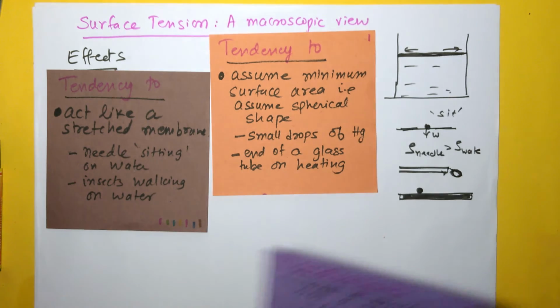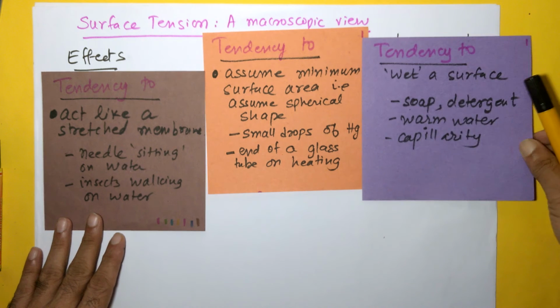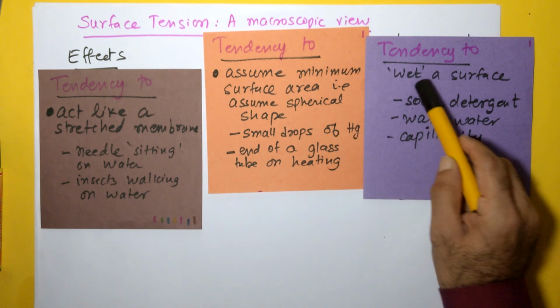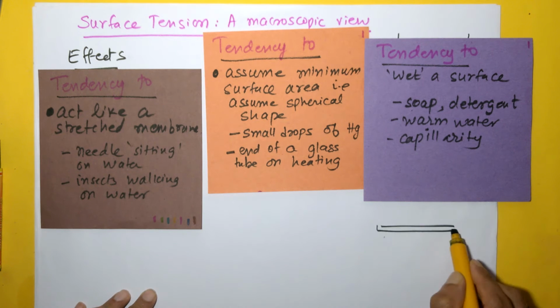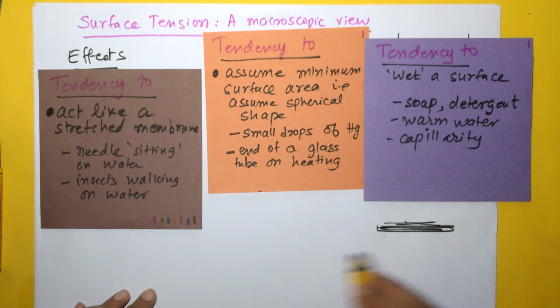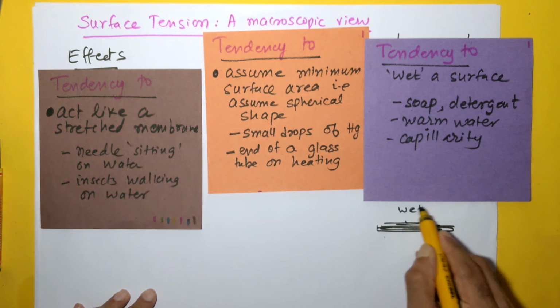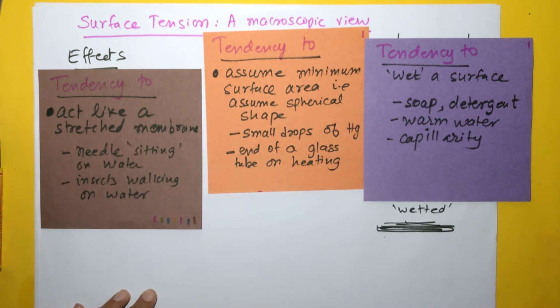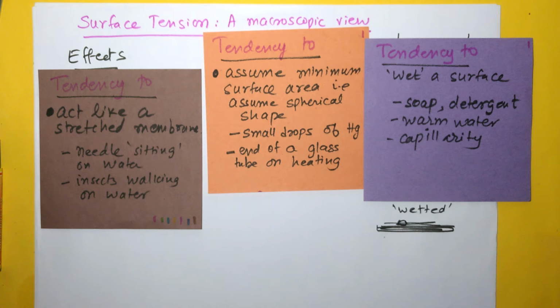The third effect of surface tension is the tendency to wet a surface. Here, wet is a verb, meaning the tendency of some particular liquid to wet a surface. For example, if I take a glass plate and I pour water on it, it will wet this surface. The entire surface of the glass plate will get wetted. But if I put mercury on this, mercury will not wet it, and that is again because of the surface tension of water and